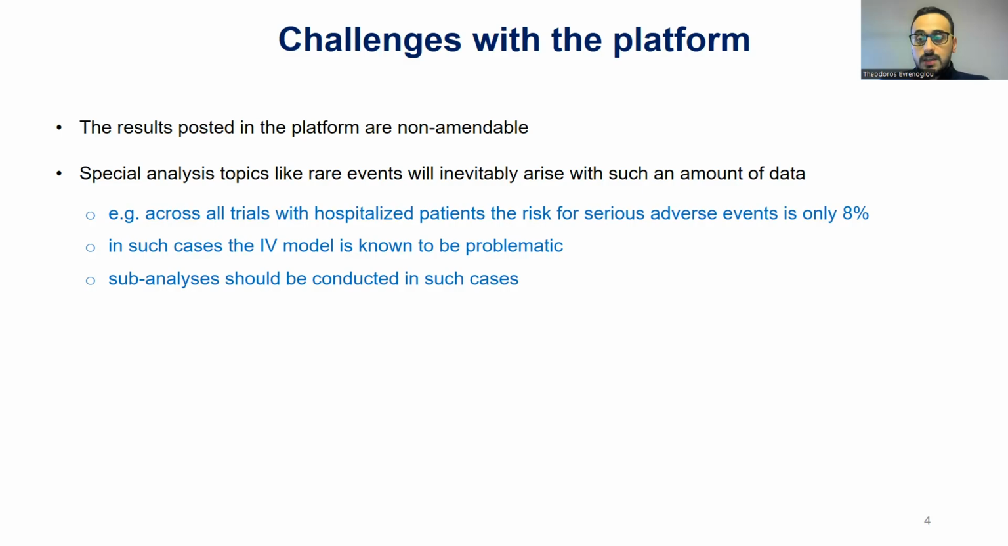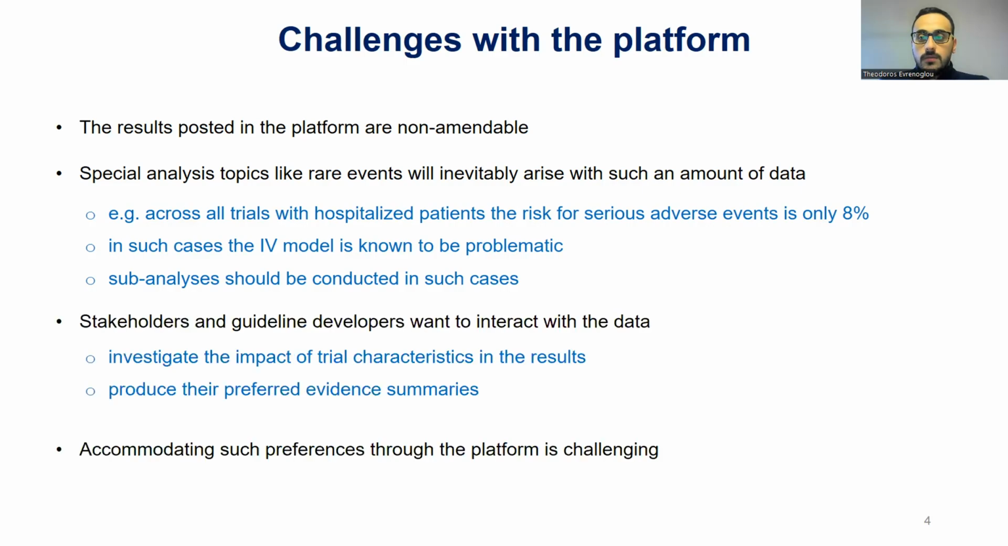So this implies that serious adverse events is a rare outcome, and we know that in such cases, the inverse variance model can be problematic. In fact, from the literature, we know that in such cases, alternative models should be used instead of the inverse variance. Beyond the different statistical issues that might arise, we were in a situation where stakeholders and different guideline developers